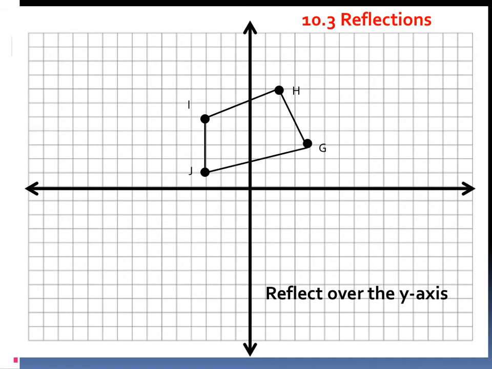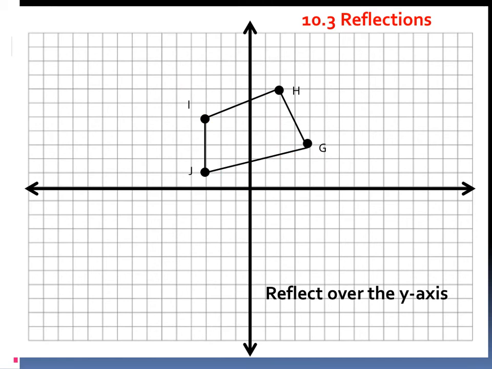All right, so here we have quadrilateral G, H, I, and J. Now this picture we want to reflect over the y-axis, but if you notice by looking at the y-axis, we actually have points that are to the left and we have points to the right of the y-axis. So what we need to do is all of the points that are located on the left of the y-axis are going to need to be moved to the right side, and then all of the points on the right side of the y-axis need to be moved to the left. So the H and the G will go to the left side and the I and the J will go to the right side. So if you understand that concept, go ahead and reflect it over the y-axis and pause